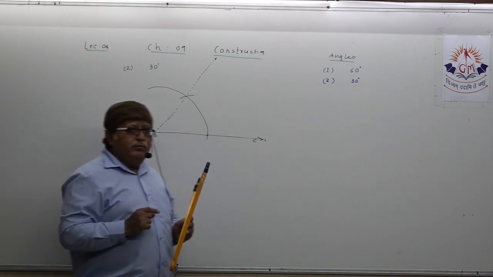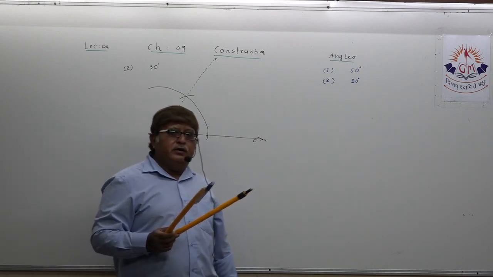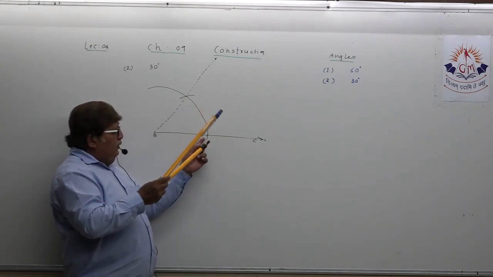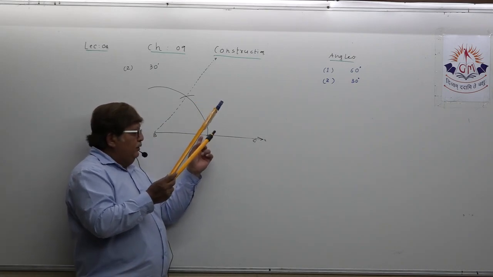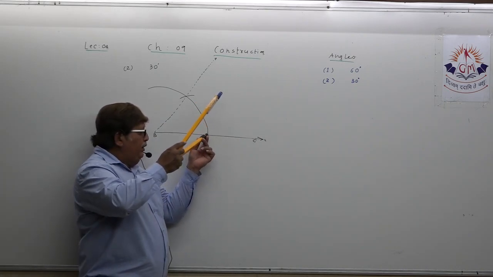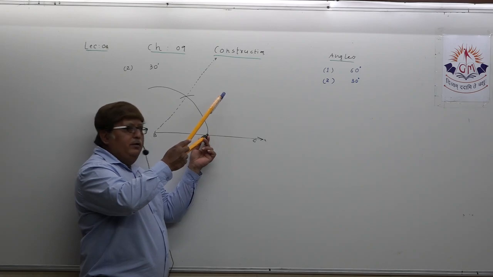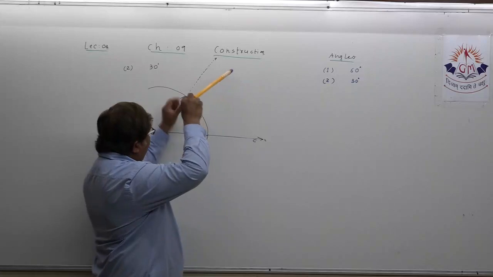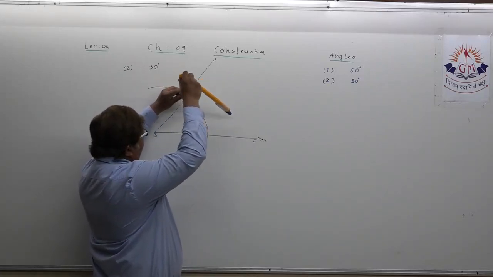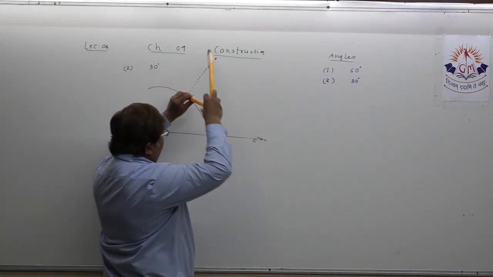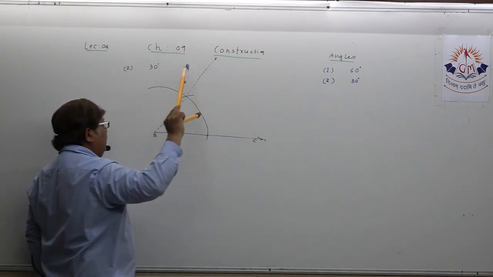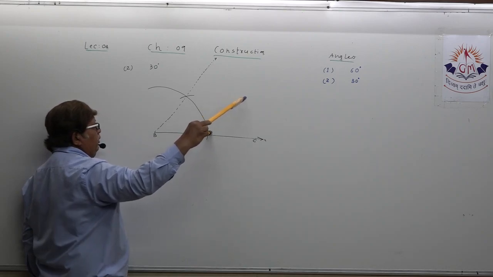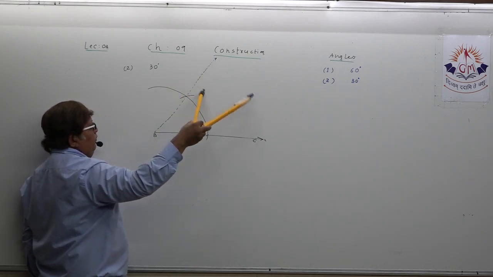Now we want to bisect it and produce an angle of 30 degrees. So what to do, keeping the same radius? I am just showing you here. Once you have to place your compass here and draw one arc. Then place your compass here and draw another arc. Two arcs you have to draw from where? First arc you will draw from here, keeping compass here, and second from here.